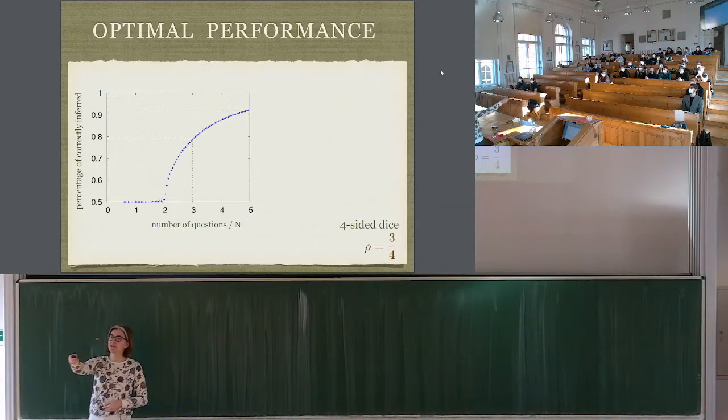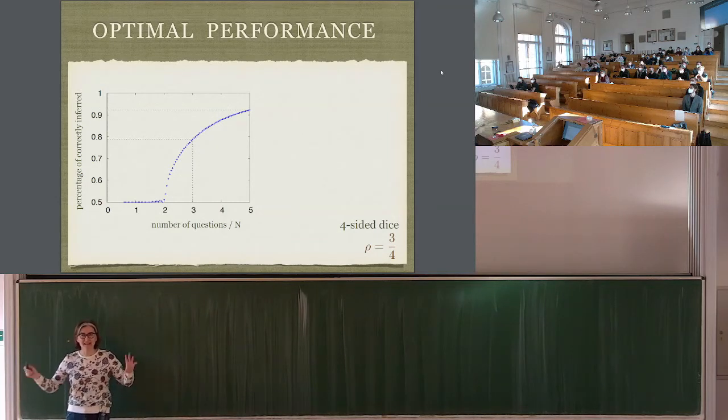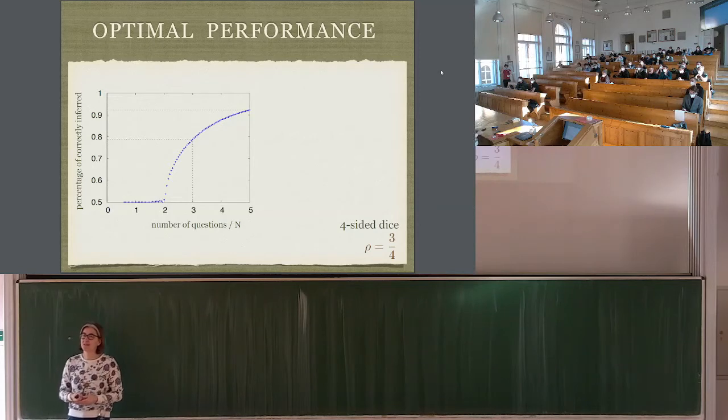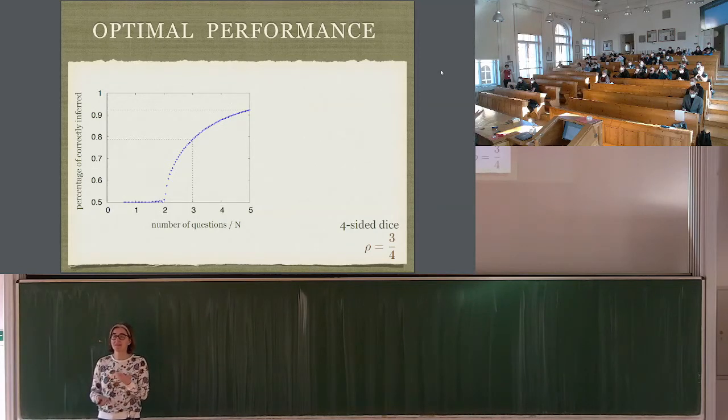It actually sticks to half, up to number of questions per person 2, and then goes up. It doesn't go smoothly up from 0. It actually needs to reach 2 questions per person. And think here that n is large. N is the number of molecules in physics. That's kind of what this parameter becomes if you think of the physical system that would represent this. So n is not 30, n is 10 to the 23. So n is very large, and you see here you have a phase transition.